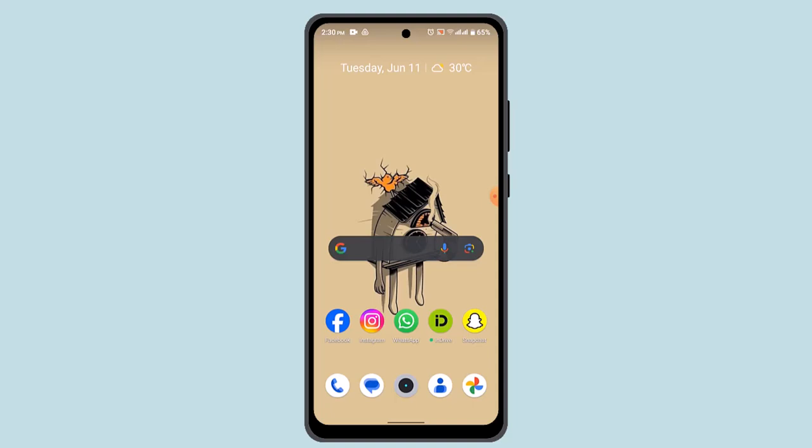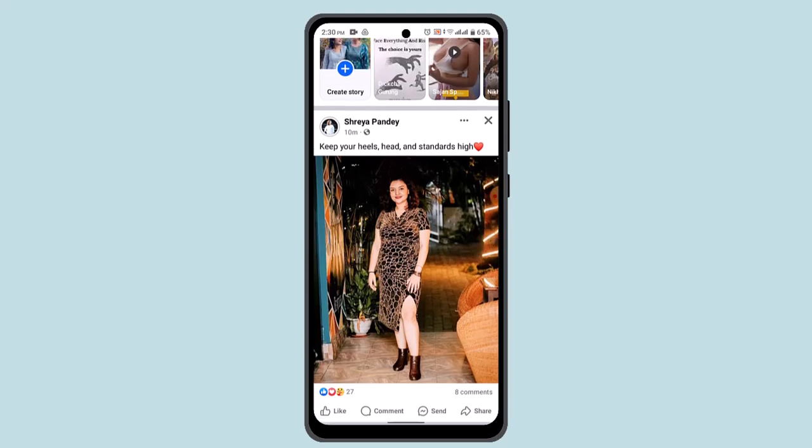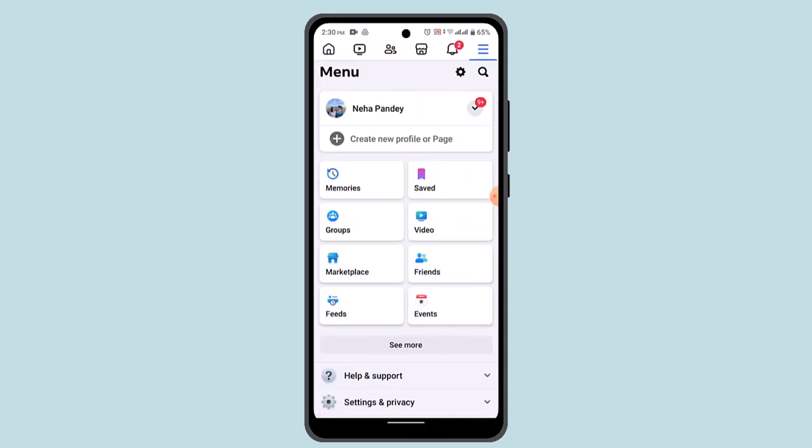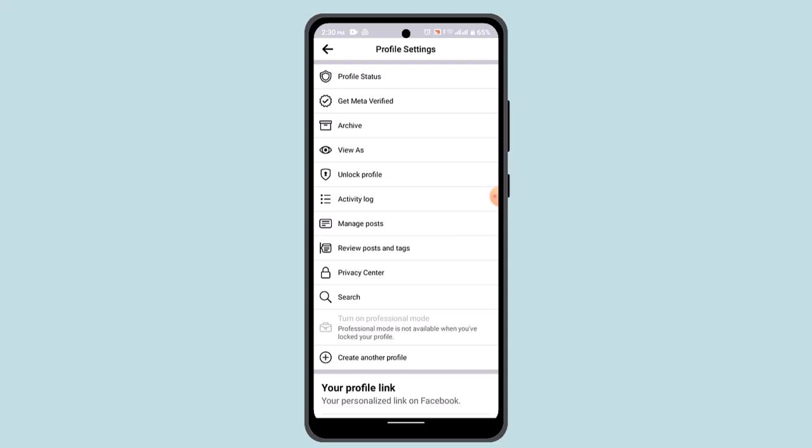First of all, you just have to go and log in into your Facebook account. When you're logged into your Facebook, that's going to take you to the home page, and here you just have to tap the tray bar icon and then go to your profile from the top right. As you click on it, then tap the three dot icon, and over here you should be able to find